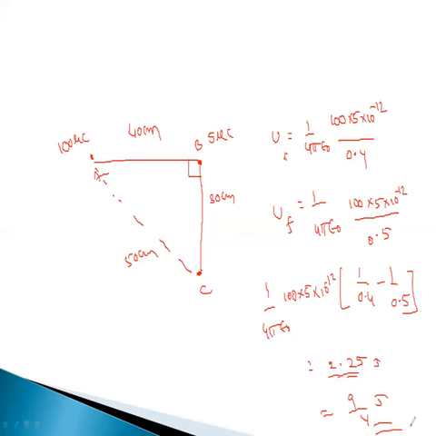But they are asking for the work done by the external force, hence it will be minus 9 by 4. Work done by the electrostatic force will be 9 by 4, but work done by the external force will be minus 9 by 4 joules. Okay, now